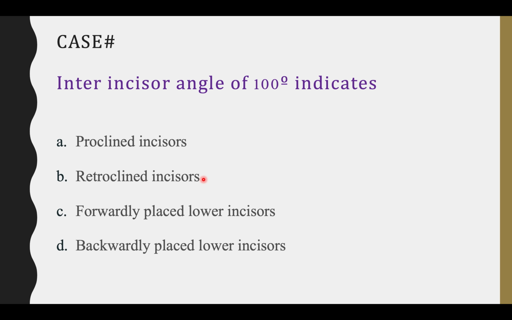Okay, and here I want to add a point. The interincisal angle of Indians, if they ask you particularly about Indians, then go for 100 degrees. That is the correct answer. Okay, these are all the values or the cephalometric norms taken from Caucasians, and these are not the normal values in the Indian population. So in common, if they ask interincisal angle of 100 degrees, it indicates retroclined incisors. If they particularly mention the Indian population, the normal value is 100.